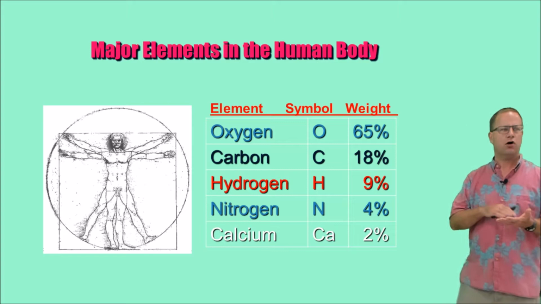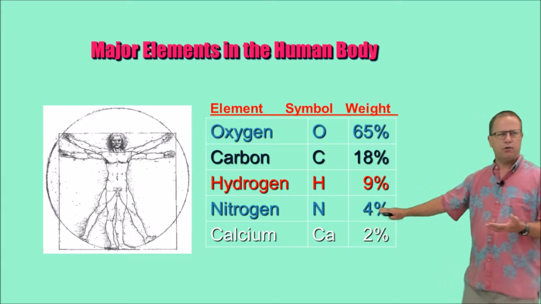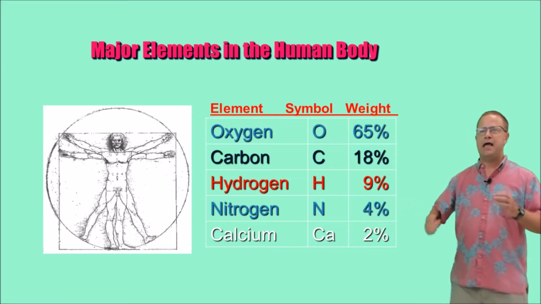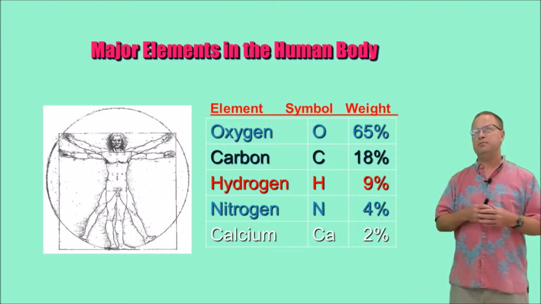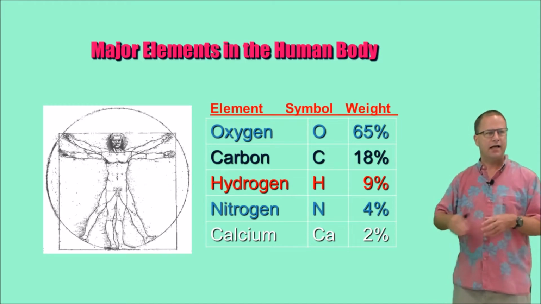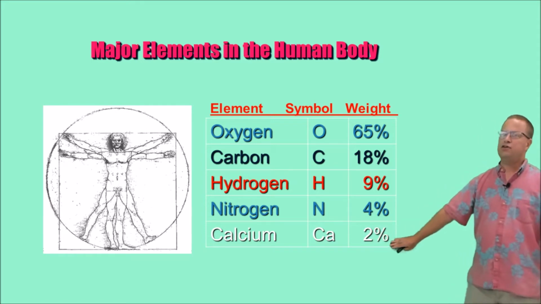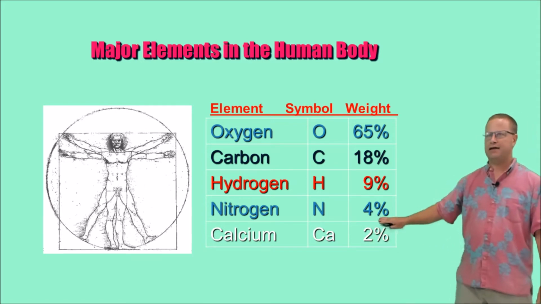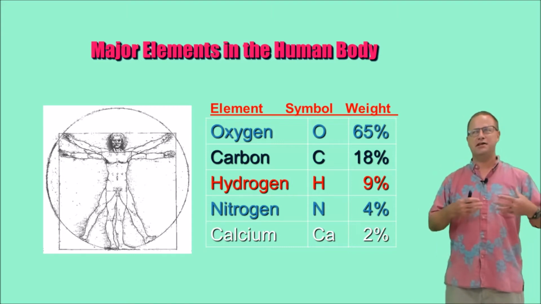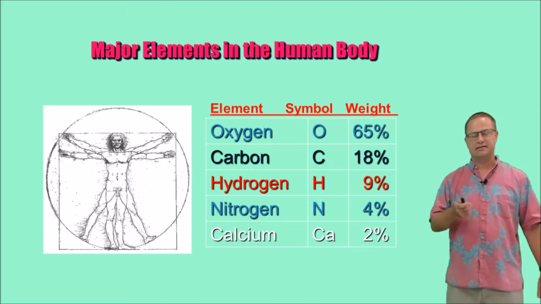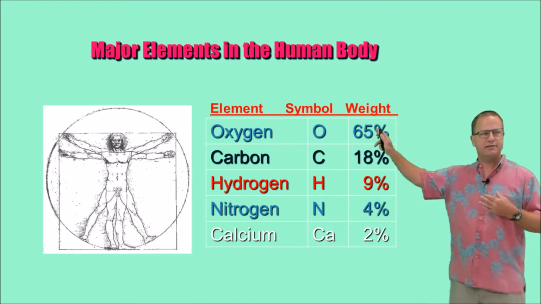in proteins and carbohydrates. And finally, nitrogen down here is still important at 4% of the human body weight, and it's principally important for being in nucleic acids, but also being in amino acids and proteins. And finally, calcium, you would think, would have a greater abundance by weight, but it's only 2% of the weight of the human body, but still very important. Calcium is necessary for bones. It's also necessary for blood clotting and a lot of things like that. So these are the top 5 elements you need to be able to know and recognize by their symbols for